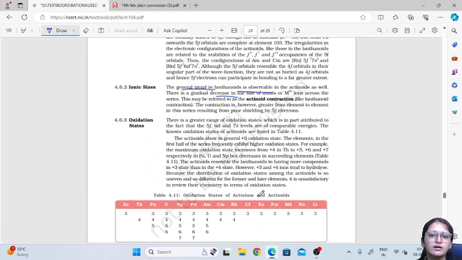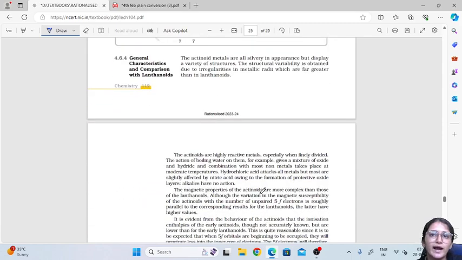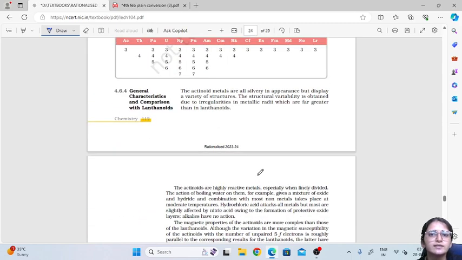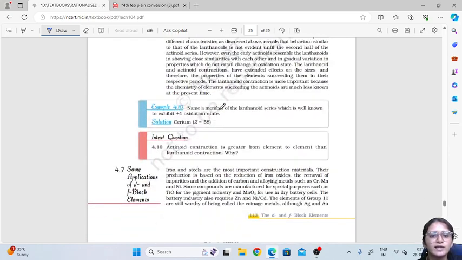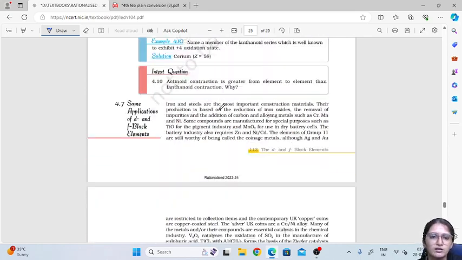Now there is one question which is asked: why is actinoid contraction greater than lanthanoid contraction? What will be the reason here? Because actinoids are the elements in the last series of the F block. Over there we can see that there is very poor shielding by the f orbital. Very poor shielding means more contraction. More contraction leads to a large difference. So that's why actinoid contraction will be more than lanthanoid contraction.